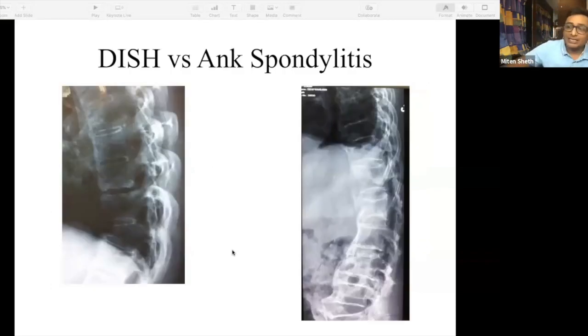Another important place where X-ray can help you is to differentiate between DISH and ankylosing spondylitis. So DISH and ankylosing spondylitis both are going to clinically present with stiffness, metabolic type of pains, multiple aches and pains, a decrease in range of motion. When you see an X-ray which is looking like a bamboo spine, which means it's looking like a straight single bone with markings here, just similar to a bamboo, it will be an X-ray of ankylosing spondylitis. But X-rays where you are seeing extra big bone formation, that is an X-ray of DISH.